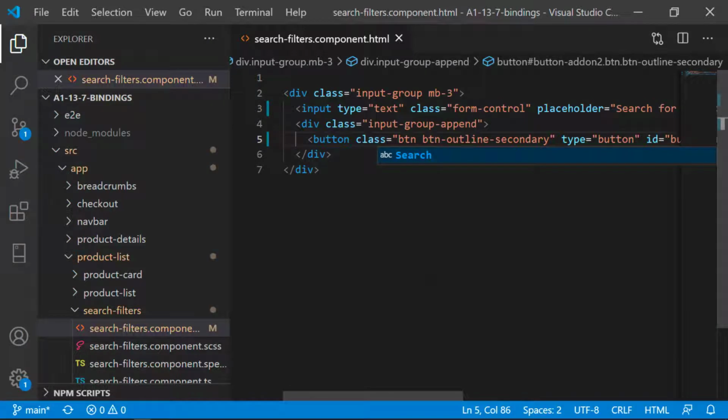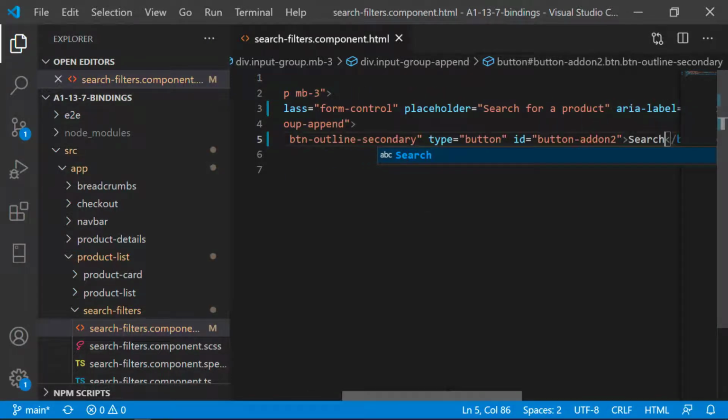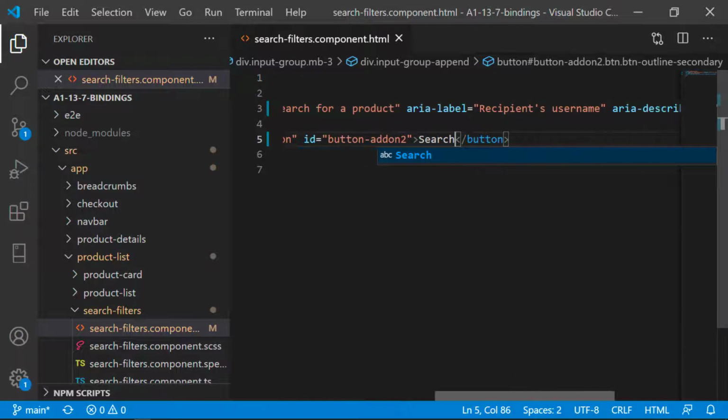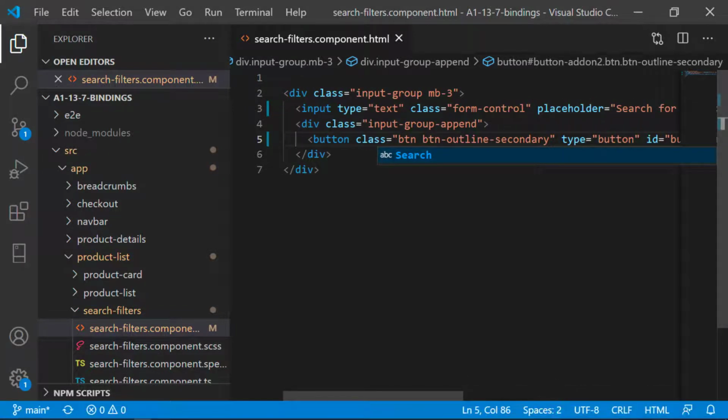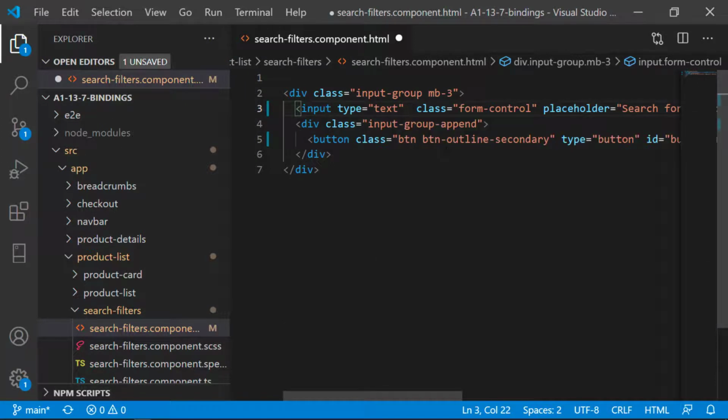Now what we have to do is bind one model to this input element, and we have seen that to use two-way binding we have to use the ngModel directive. For ngModel, we can say there is a model named searchText. Does this model exist in the component?